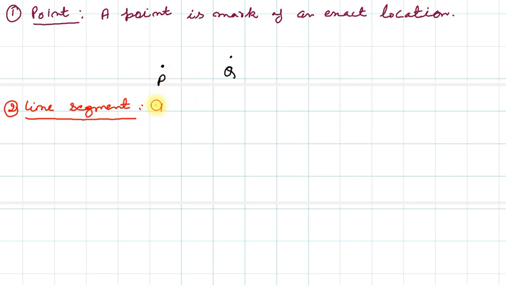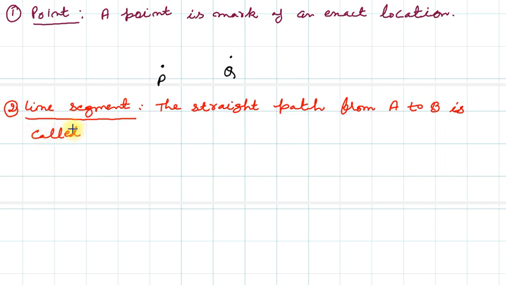I can write it as: the straight path from A to B is called the line segment,